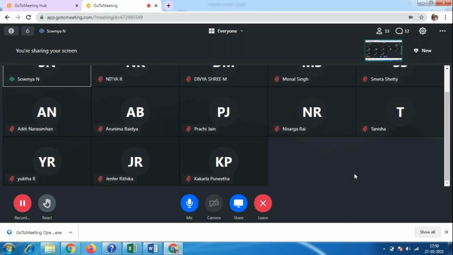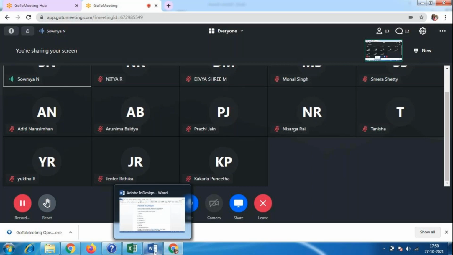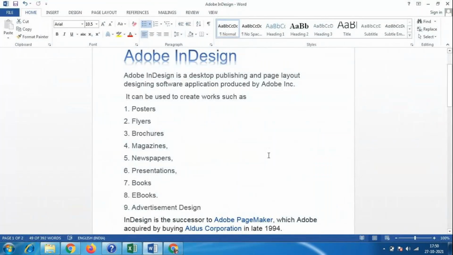Only some of the poster designs and photography-related work we will make into an album and take a printout. But in InDesign we make designs mainly for printing purposes. Publishing means we are going to print.